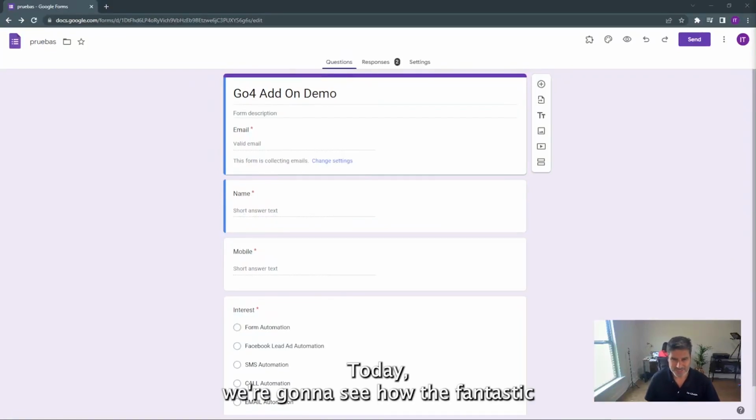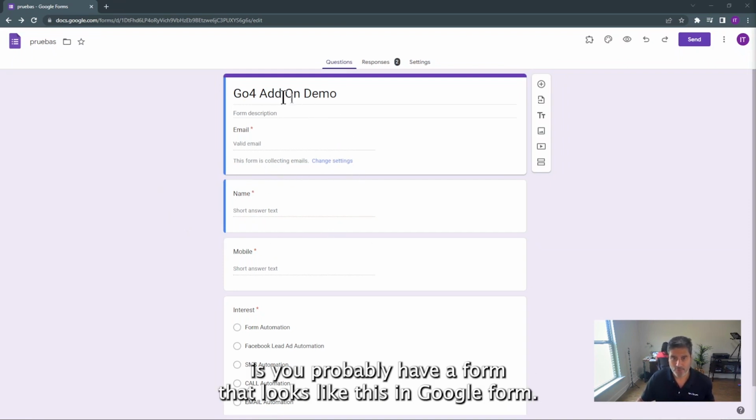Hey guys, today we're gonna see how the fantastic and brand new Go4Clients add-on for Google Forms works. And it's super easy. What I'm gonna do right now is, you probably have a form that looks like this